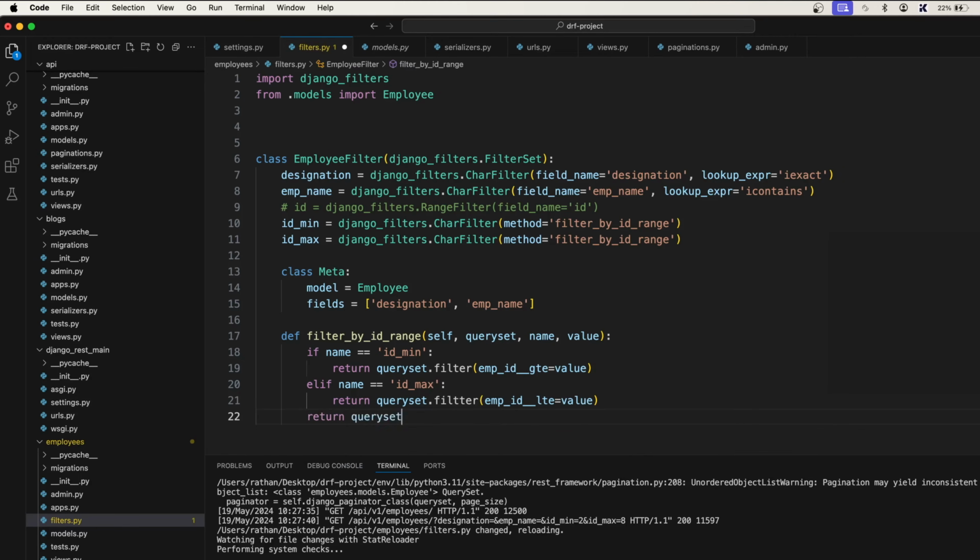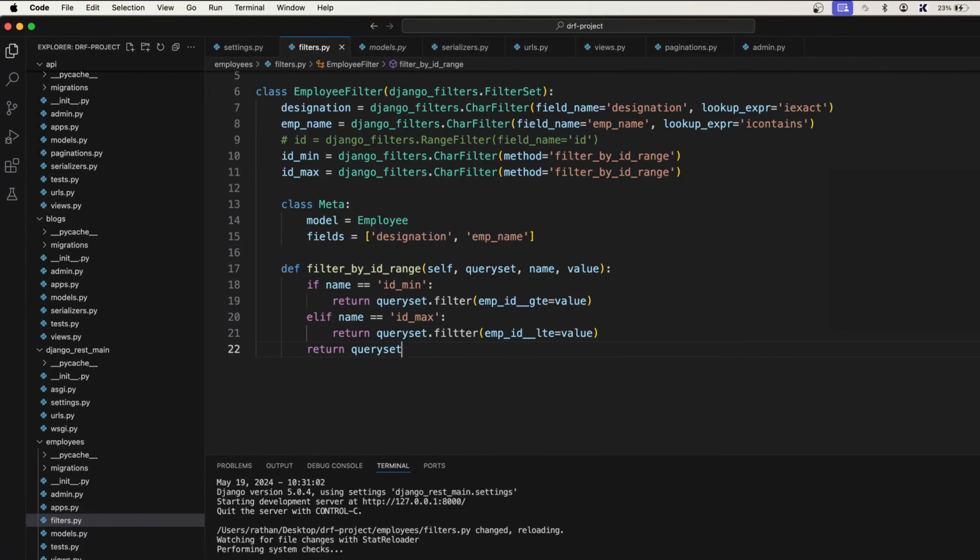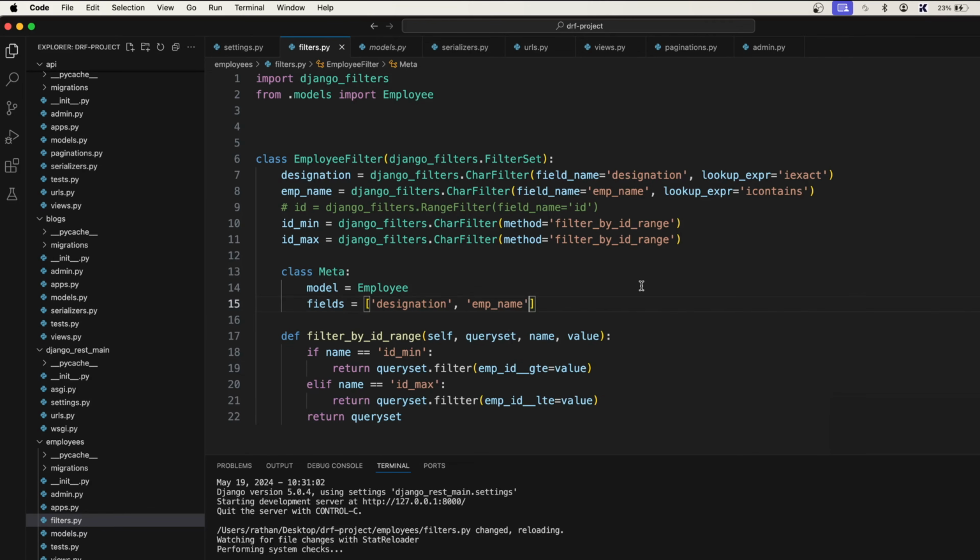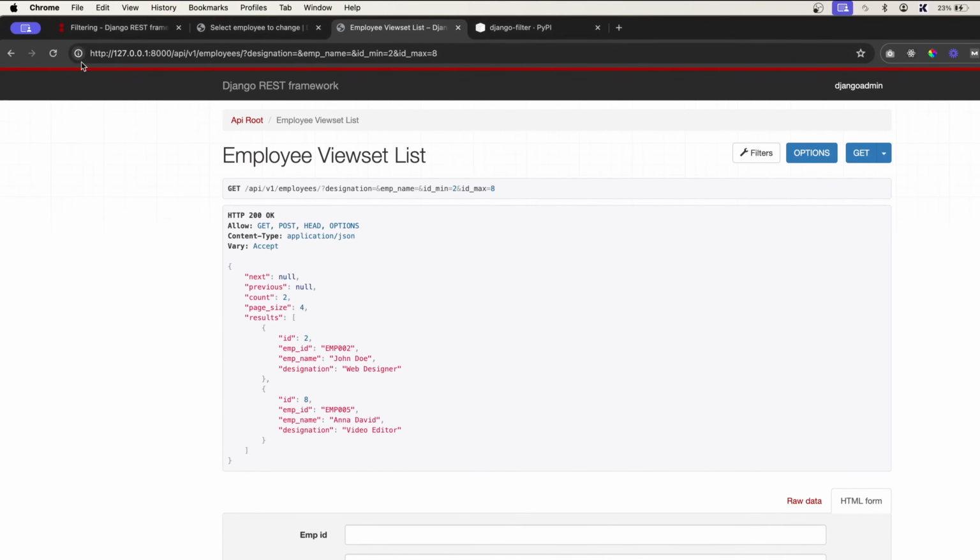queryset. Before that, we want to actually pass this ID min here: ID min comma ID max. ID min and ID max, so these 4 fields will be available inside this filters. Let's refresh